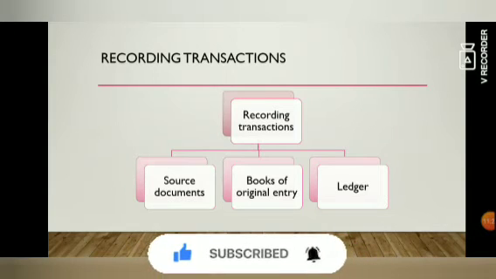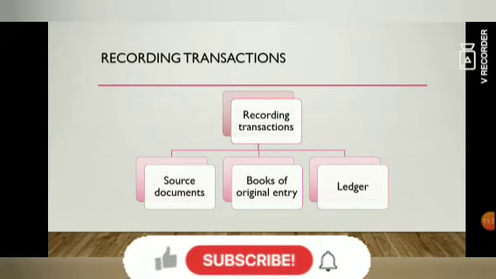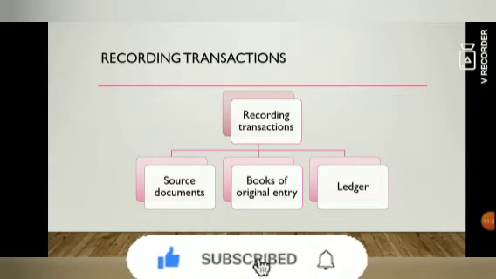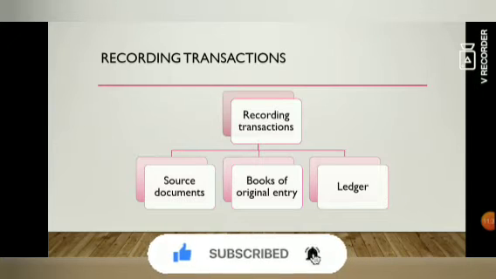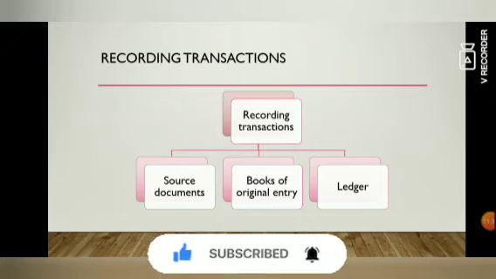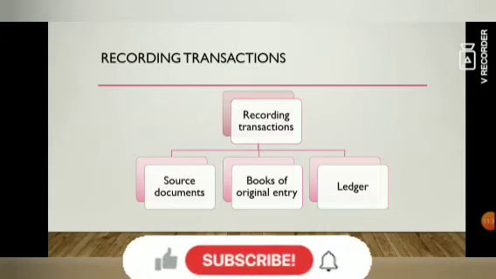You may buy a machine, you may sell a machine, you may pay an investor, you may pay a supplier, you may get money from a person who owes you a trade receivable. So there are different types of transactions. To record all of these, we have different types of source documents, just to make it more organized.